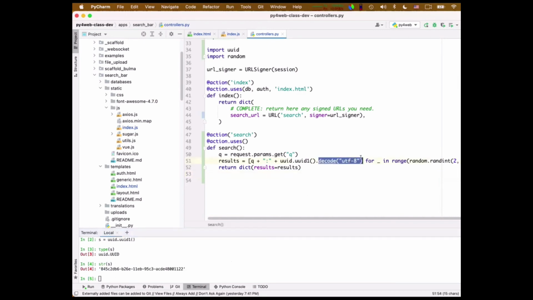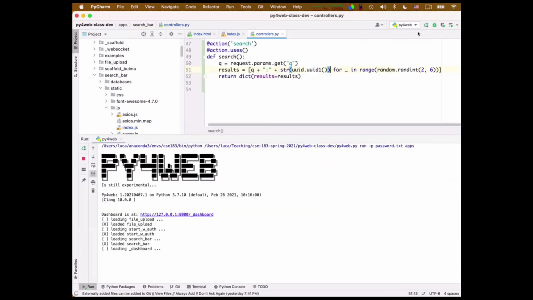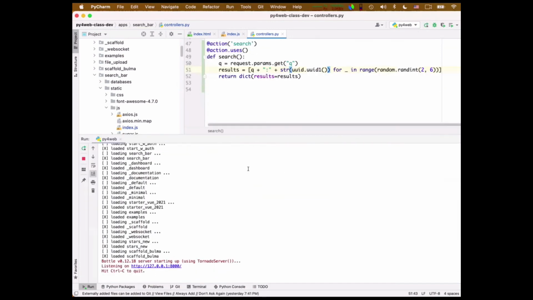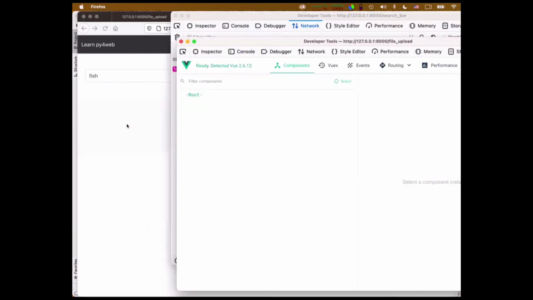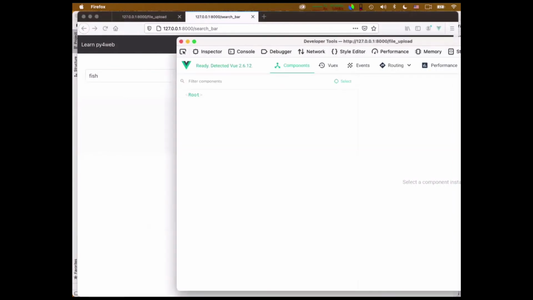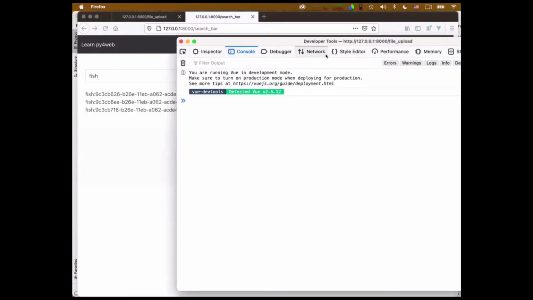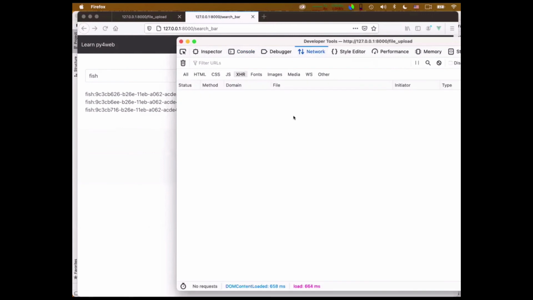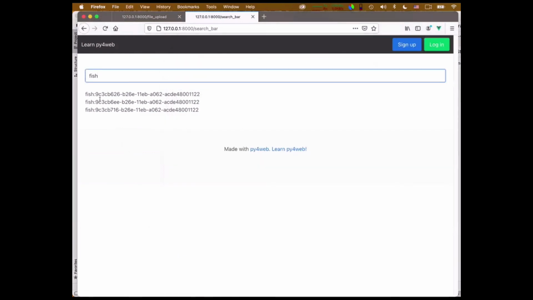Good that I tried. So I need to call string of this object because otherwise it's not a string. There are some things that are not knowable, like why these developers decided that a function to generate a random string doesn't return a string. It is one of the mysteries of life, but we shall not inquire. So now if I type fish here, again, nothing works. Okay, this is getting depressing. No, it works, actually, yes, I got fish.